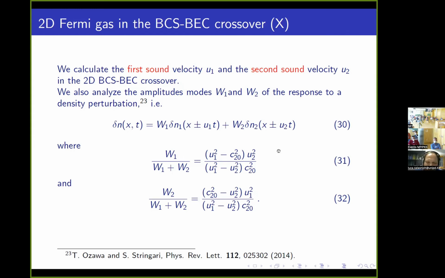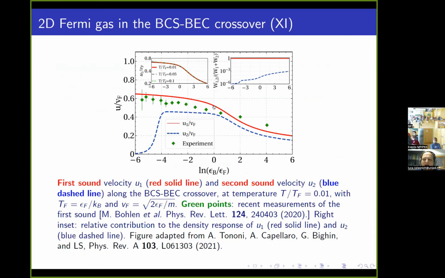And W1 and W2 are the amplitude of this contribution. In general, I anticipate that in our case, we see that W1 is always very close to 1, while W2 is very, very small. So it means that if you perturb with a density perturbation your uniform system, you are mainly exciting the first sound. And to excite also the second sound, you need some other technique. Okay, here there are the